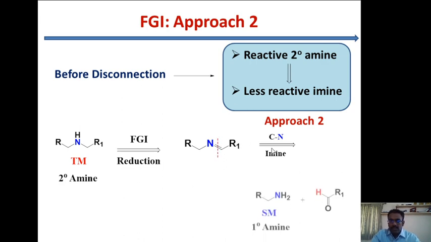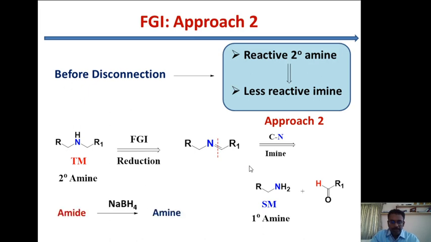So that you will get the starting materials, that means the reagents, the synthetic equivalents, which will be the amine, this nucleophile part, then the electrophile part. So it easily undergoes condensation. When you treat the amine with an aldehyde, you will get the imine. It's a very simple known reaction. Okay, so here we are using the reduction reaction, amide into amine. Here amide into, not amide, sorry, I made a mistake, it's not amide, it's imine. You correct it. The imine can be converted into amine using sodium borohydride.